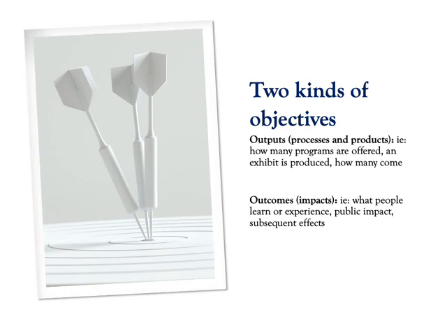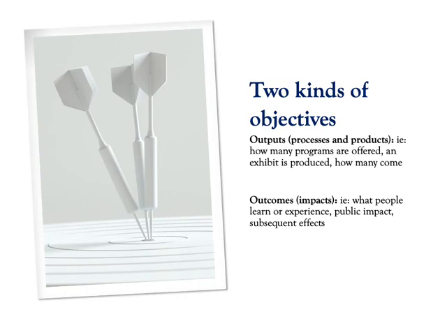One is largely quantitative, and that's outputs. These are processes that are put in place, products that are realized. How many programs are you offered? An exhibit is produced. How many people come? A specific population of audience, a specific demographic profile is targeted, and so forth. These are specific outputs. These are the most common measurements that we see with things like museum programs, where we take attendance, we see who came, we get a demographic count, or we earn so much money.